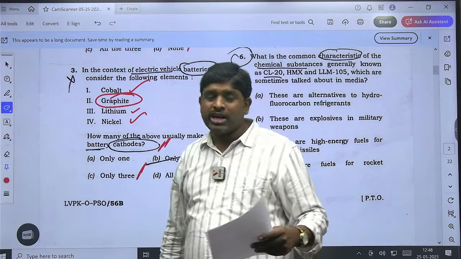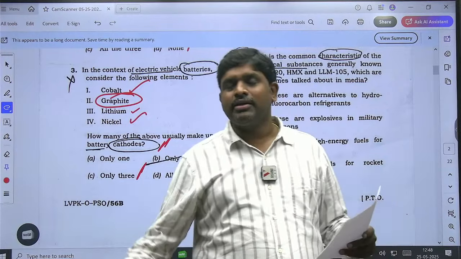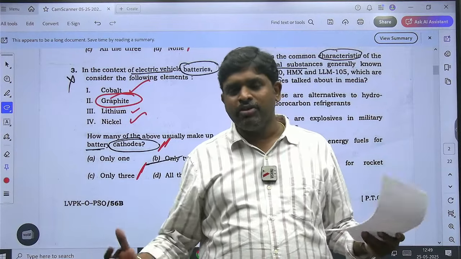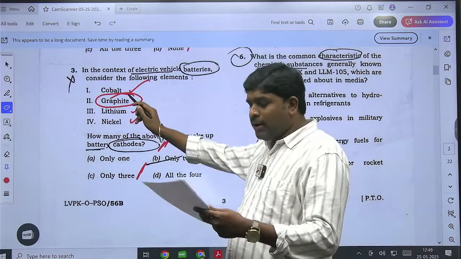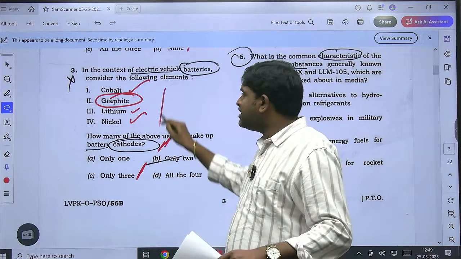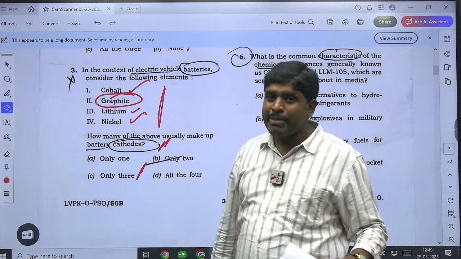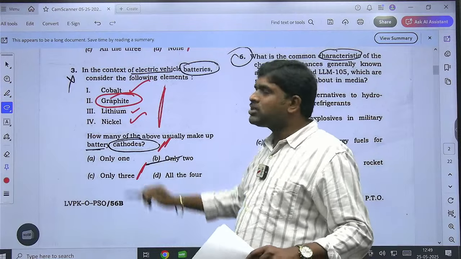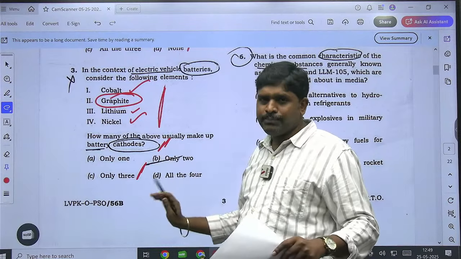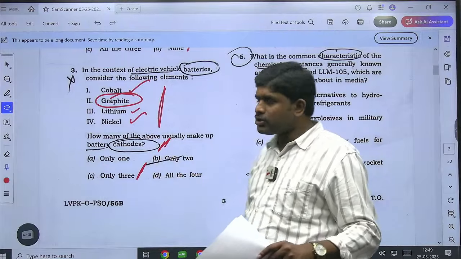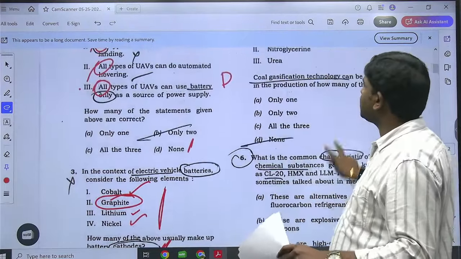Graphite is too much, no? Graphite is something like diamond. Graphite is very, very powerful. So it is cobalt, lithium and nickel. These three are useful in manufacturing battery cathodes. So battery cathodes are manufactured by cobalt, lithium and nickel. So these are the third question. And next, coming to fourth,